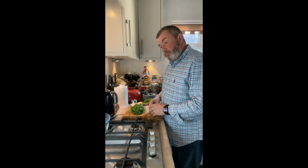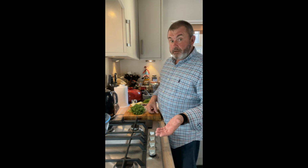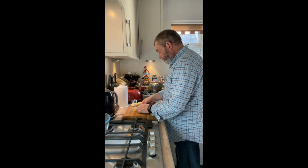Because we want to marinate our fish for at least an hour. And then we've got some other bits and pieces we can be preparing, and then we'll be cooking everything for about an hour and a half. So obviously, you can start this the day before and marinate your fish overnight if you want. So the first thing I've got here is a bunch of